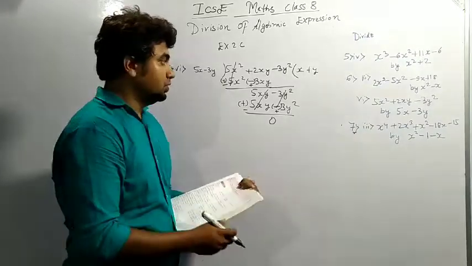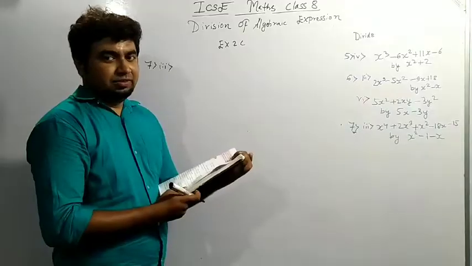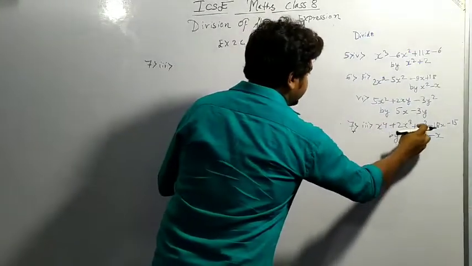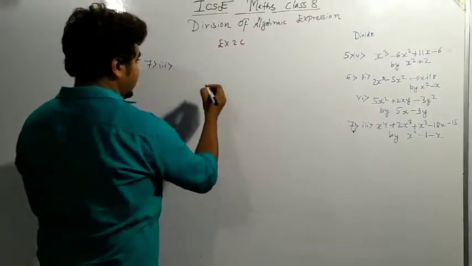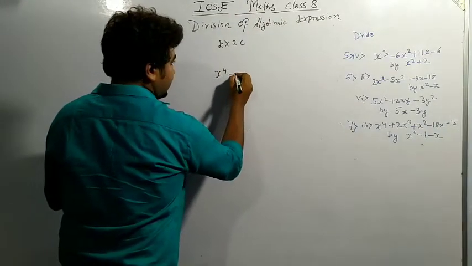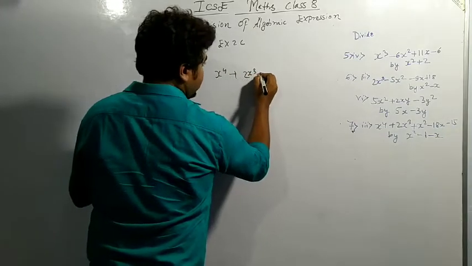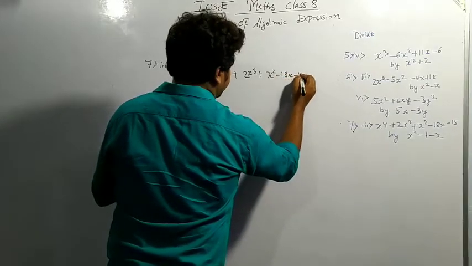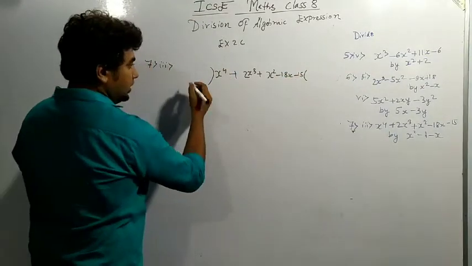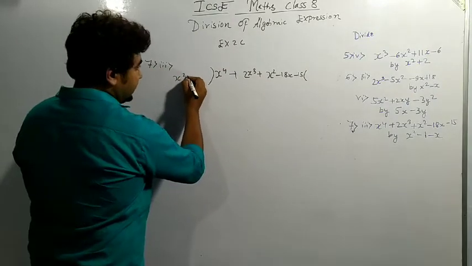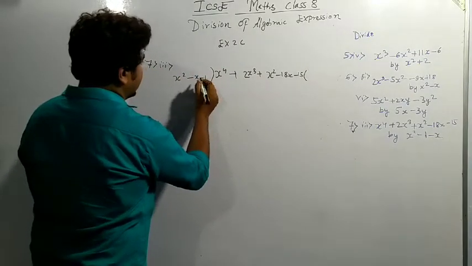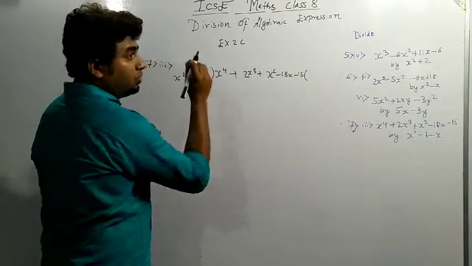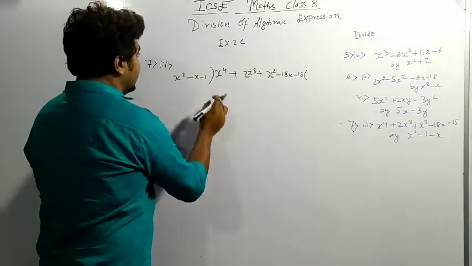So we'll now be moving to question number 7 bit 3. In the question it is given x4 plus 2x cube plus x square minus 18x minus 15. So this is given and we have to divide it by x square minus x minus 1. I am arranging according to the power: x square, x to power 1 and x to power 0. X to power 0 is 1. So we have to arrange